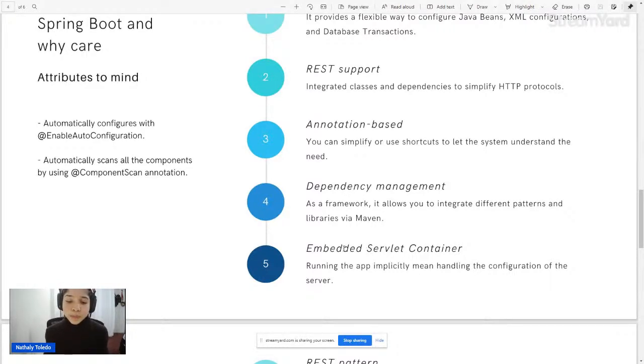With Spring Boot, even if you don't specify it, you have a Tomcat server as a default. And when you run the main class, or the class that's annotated with a specific annotation that I'll show you later, it's just exposing those resources to your server,